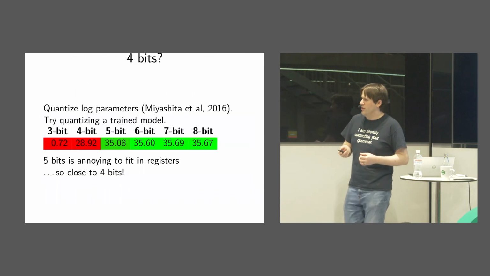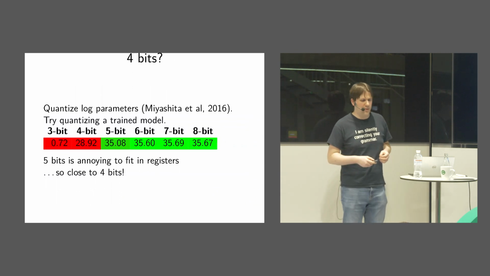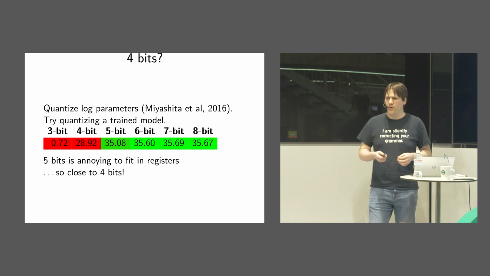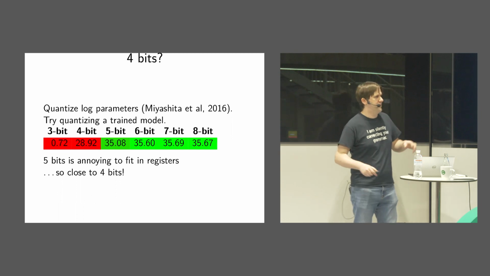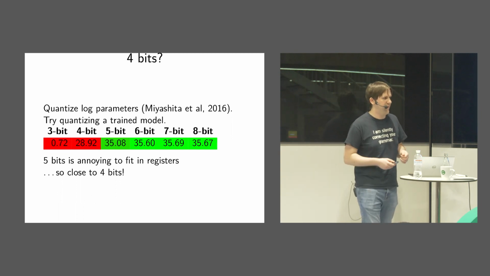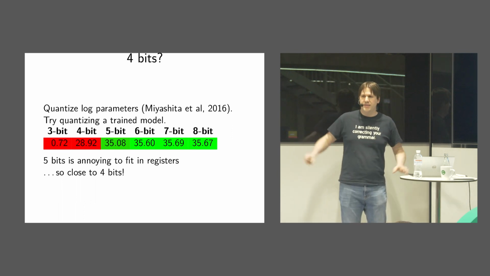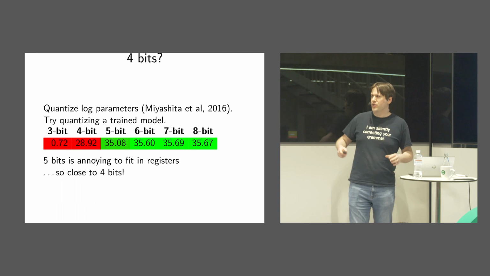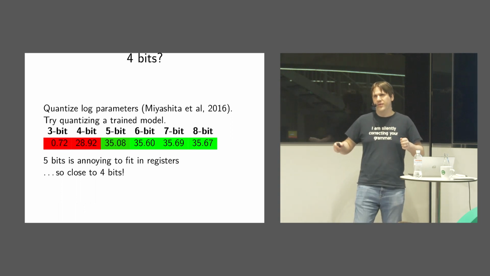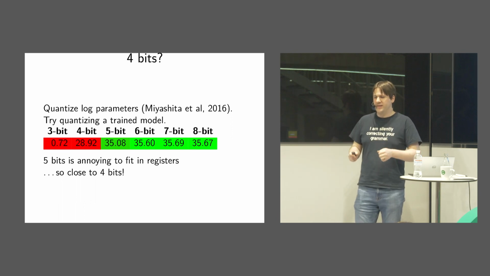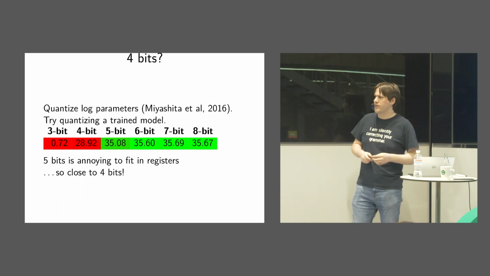And then we ask the question, okay, we've done 8 bits. And there's prior work showing you don't lose quality. Can we go down to 4 bits? And 4 bits is nice because it's electronically convenient. You don't want to have 5 bits. It's kind of ugly to have in registers or something. So we ran a sweep. Just, by the way, this is an emulation experiment. We didn't actually implement a 5-bit multiplication kernel. We cheated a little bit and quantized things down to 5 bits and put them back into floats, and then emulated what the instructions would look like.